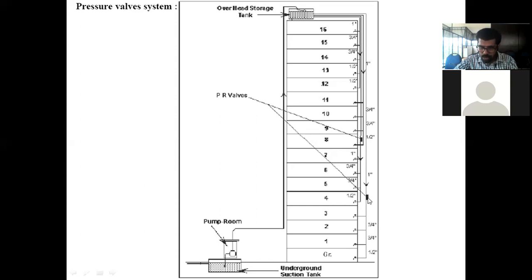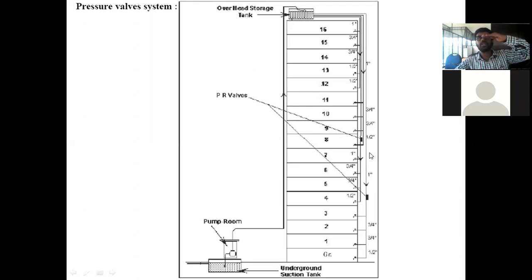Okay, we have to give a pressure reducing valve. You can see a pressure reducing valve here. This is the PR valve, or pressure reducing valve. So we have to keep a valve somewhere here, at the top of the 4th floor. At most you can give it till the 8th floor. It should not go beyond the 8th floor. Even if you keep the pressure reducing valve above the 8th floor, this much height is still there, right? 80 feet height. So again it can break the fixture. So we have to make sure that it comes in the range between 0 to 80 feet.